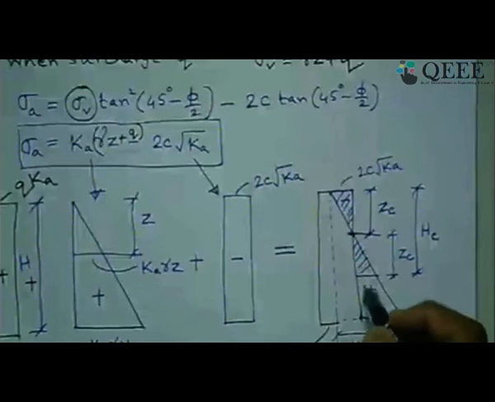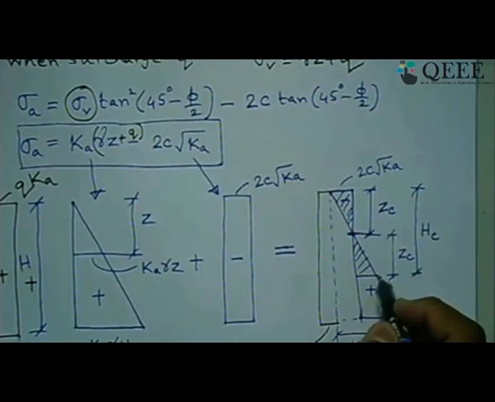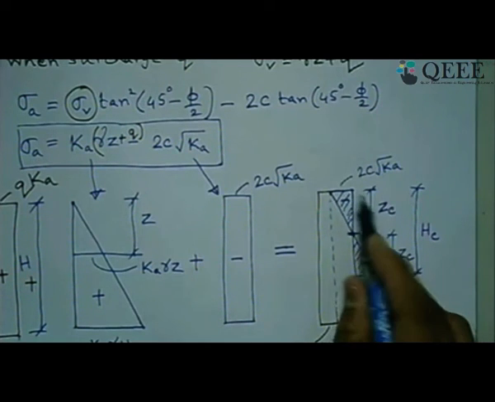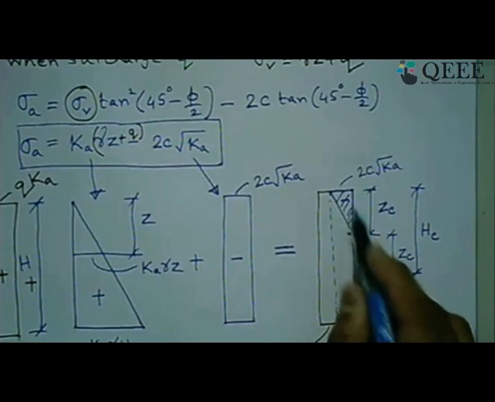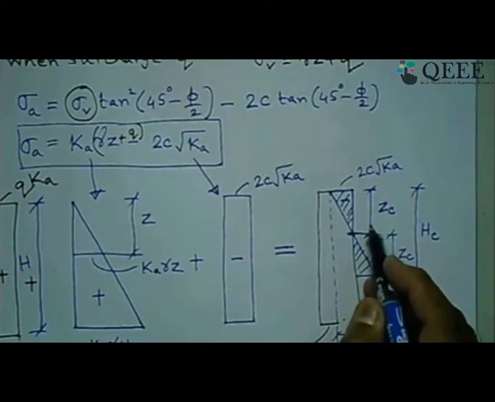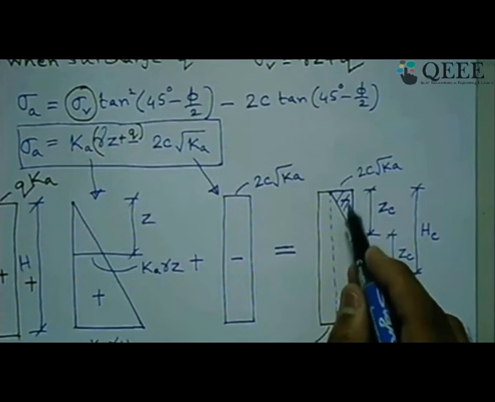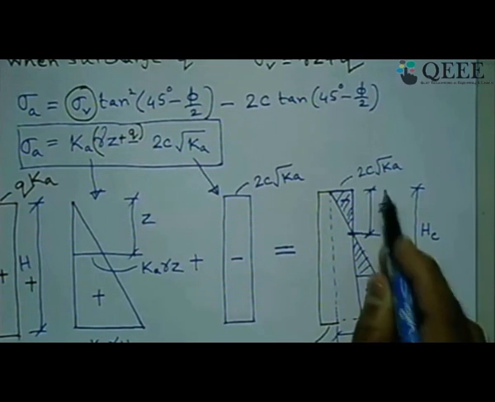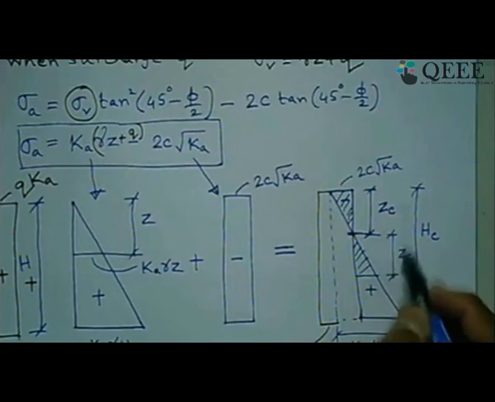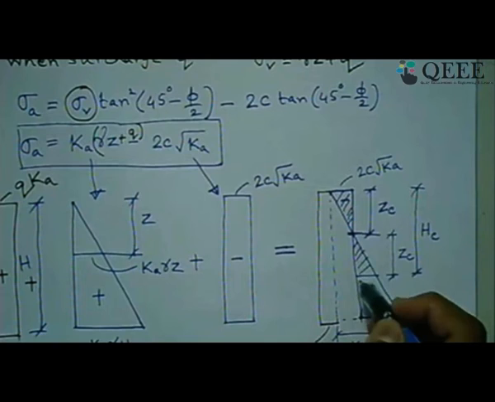That means if you go up to this depth and cut the soil vertically, it will be stable, because here the negative pressure coming laterally from the soil, which is tension in nature, and this is a tensile crack, soil cannot take tension, and that equal and opposite negative tension can be compensated with this positive pressure up to a certain depth. So 2C, the 2ZC, is essentially the depth up to which theoretically one can go for a